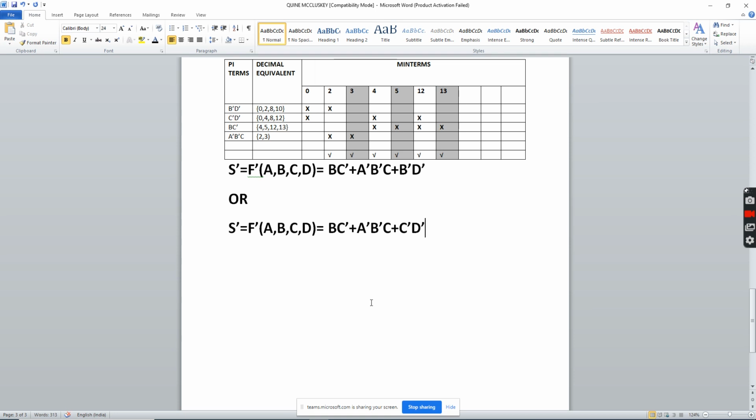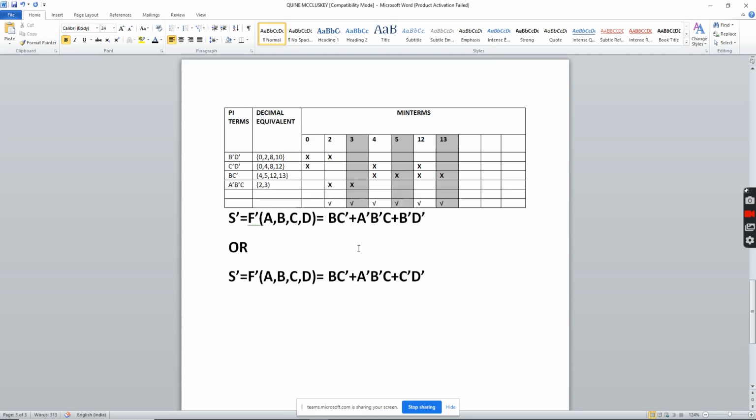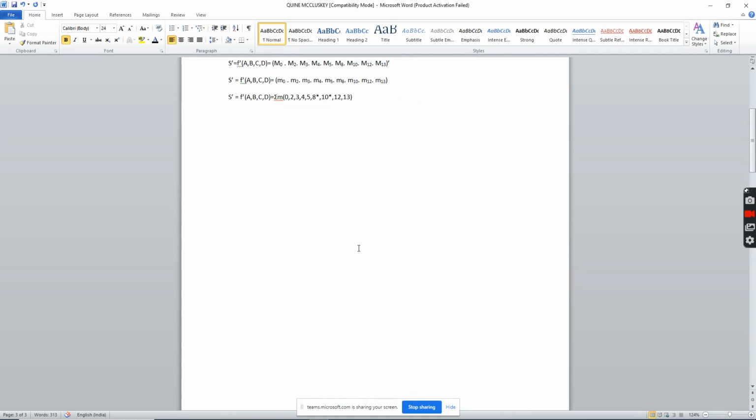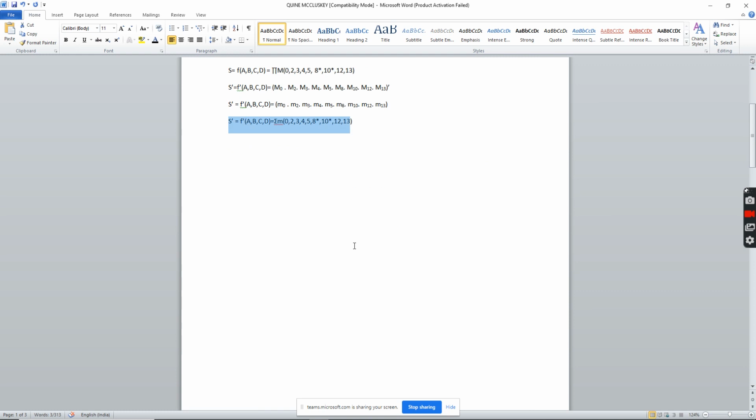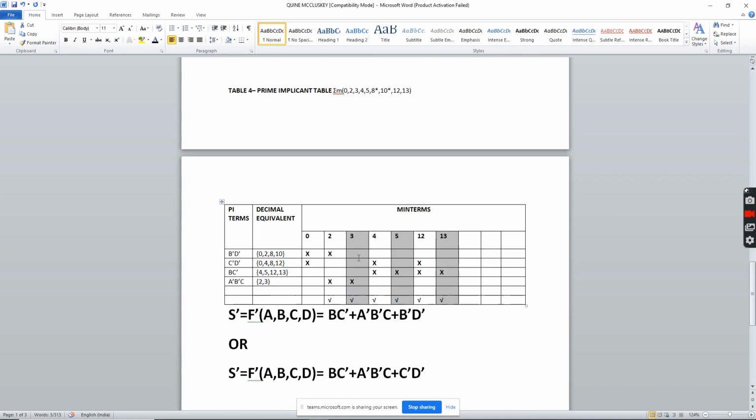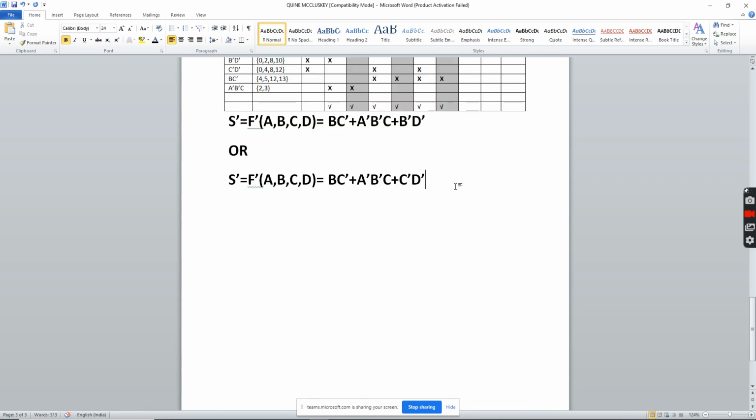So I have got the solution for the min term equation, but what do I need? I need a maximum term equation. I need the expression for S, not S bar. So the last step will be a crucial step for analysis. That step will be solved now.